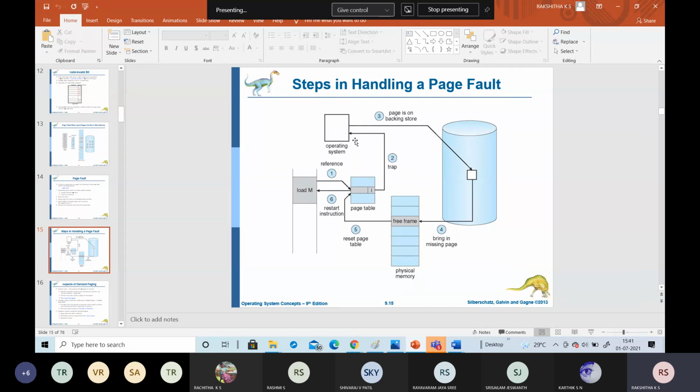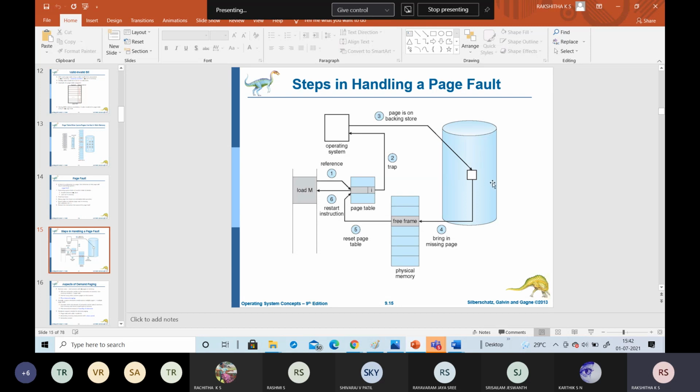Once the error is raised, the operating system finds the page on the backing store. We already know that if a page is not present in the main memory, by default it is present in the secondary memory, that is the backing storage.